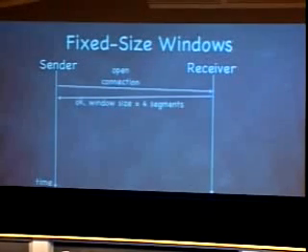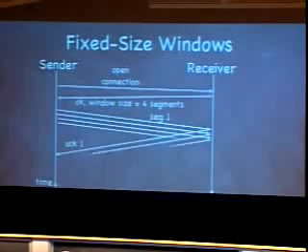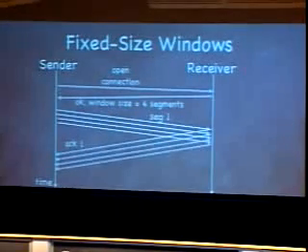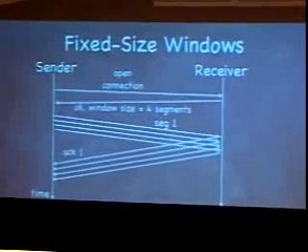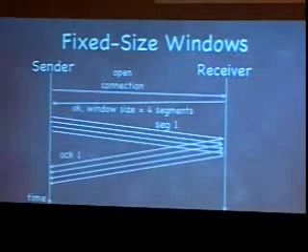So the sender is going to request that a connection be opened, and then the receiver is going to say, for example, okay, let's go ahead and start this conversation, and by the way, my window size is 4 segments. So now the sender can send 4 segments all at once, and the receiver can go ahead and acknowledge them. So we can have 4 segments in flight at any one time. And then after those messages have all been acknowledged,